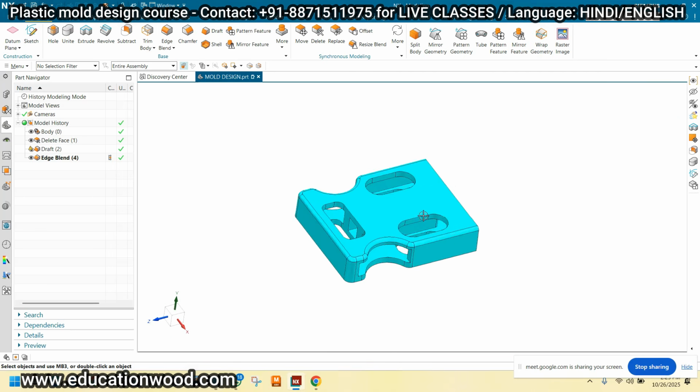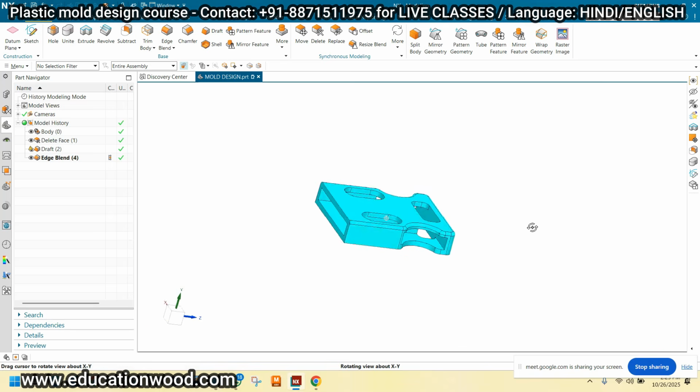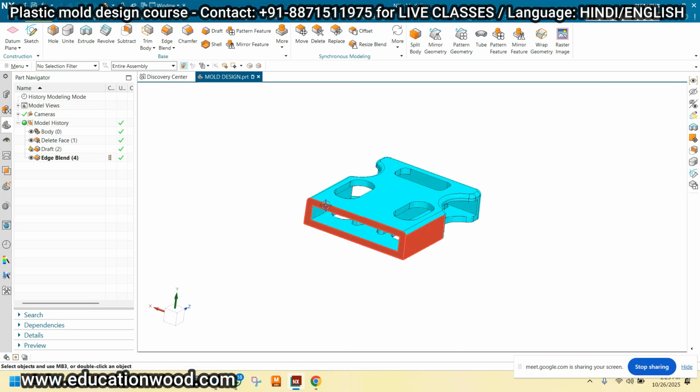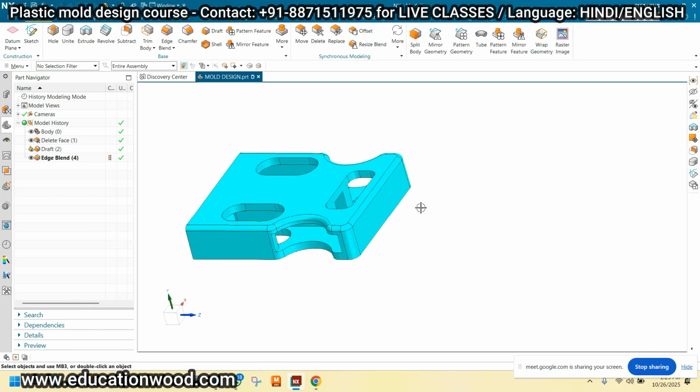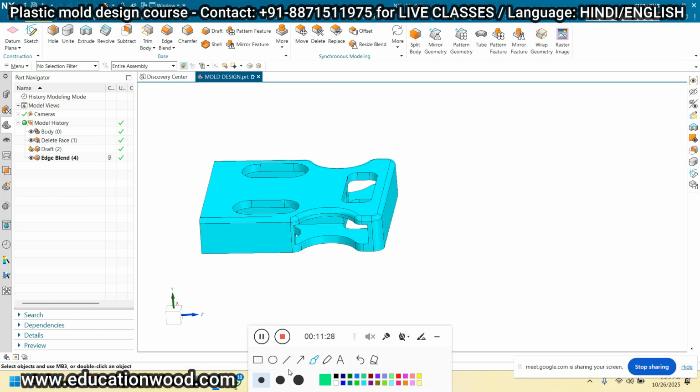Now basically we have to prepare the two cavity mold. So here you can see that this is the slider part. This is the slider part. It means where will be the gate location? This will be the gate location. Okay. So basically we are making a two cavity mold. If we are making a two cavity mold, it means two cavity mold and cold runner mold. Write down all these things. Okay. So two cavity mold and the cold runner mold.